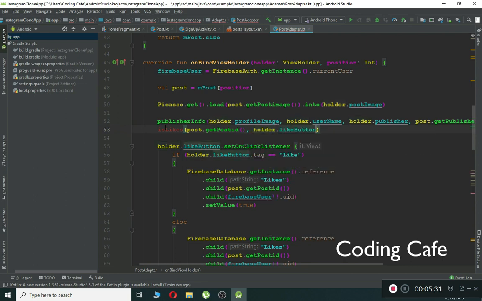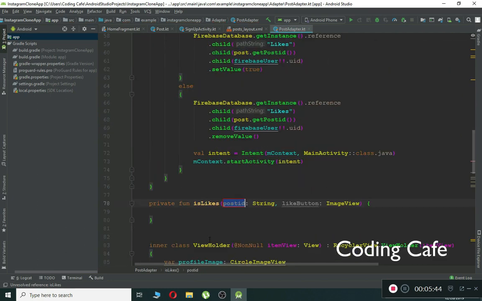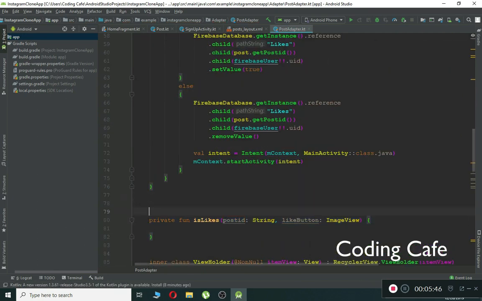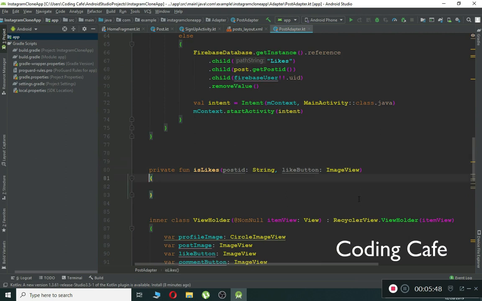So we are passing two parameters to this method, which is the post id and the like button. Let's create this is like function. Here you can see this method is created successfully, and now inside here we can first create a reference